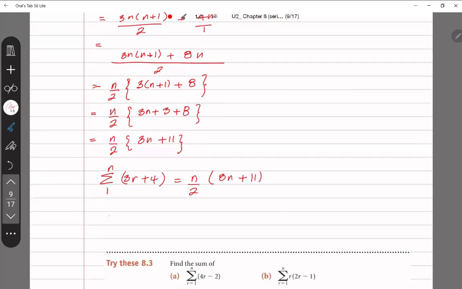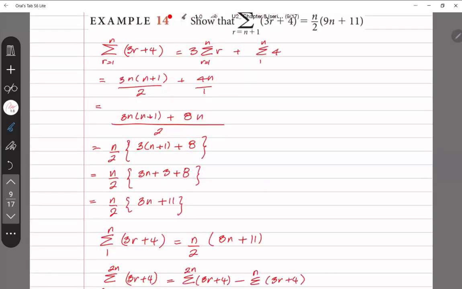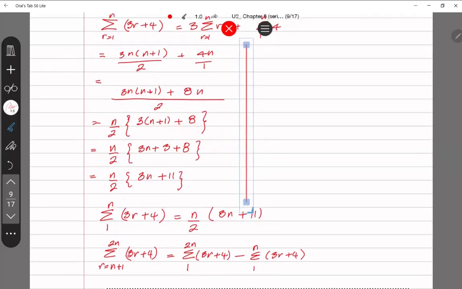But what we're asked to find is this. From r equals n plus 1 to 2n of 3r plus 4, and this would be equal to the summation from r equals 1 to 2n of 3r plus 4, minus the summation from r equals 1 to n of 3r plus 4. Using our formula, the formula that we just derived, we can now say that